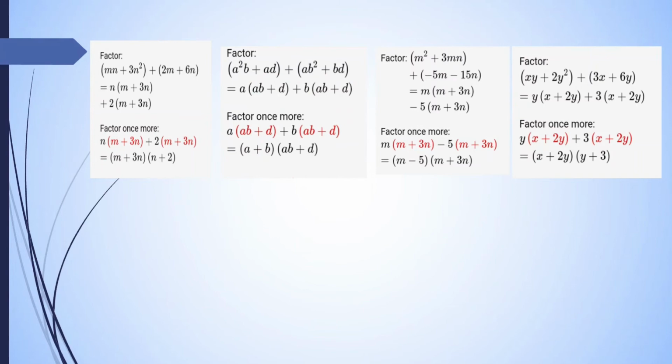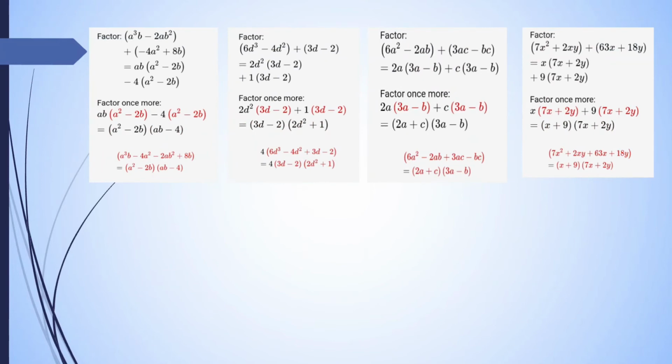Now here all the answers are given. In the same manner you have to solve. First you just have to find out the terms in which we can take the common very easily, and then when you take the common you will get both the terms same. You can see x plus 2y, x plus 2y. Now what you have to do, you have to write them separately. Now here we have written x plus 2y separately, and then what will be the remaining term? x plus 3. So you have to write y plus 3 in the bracket. So in this manner you can factorize them.